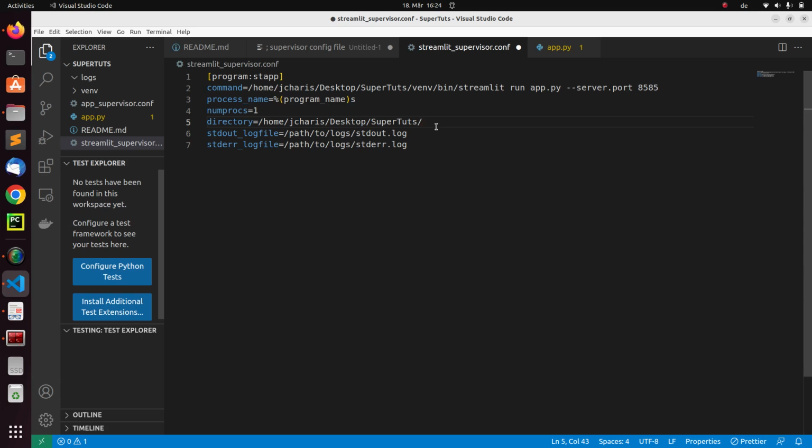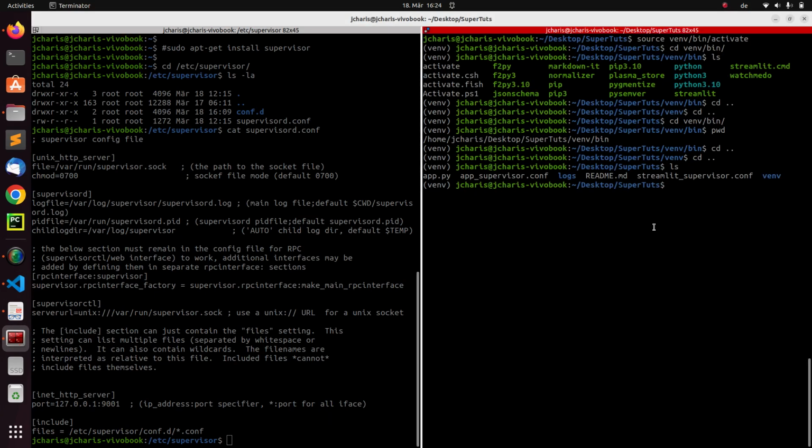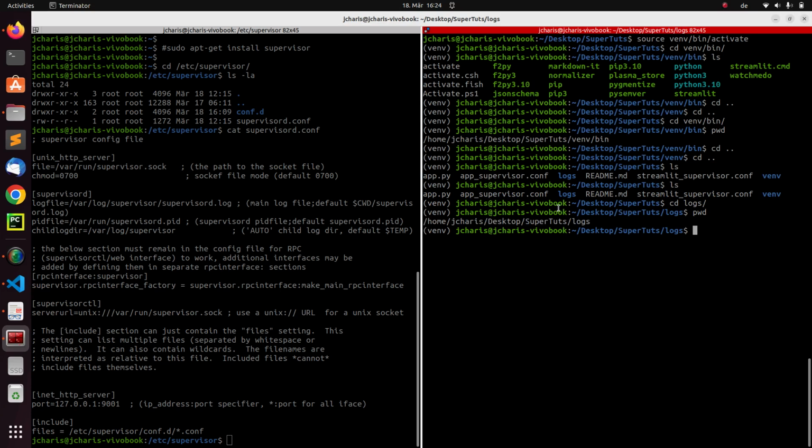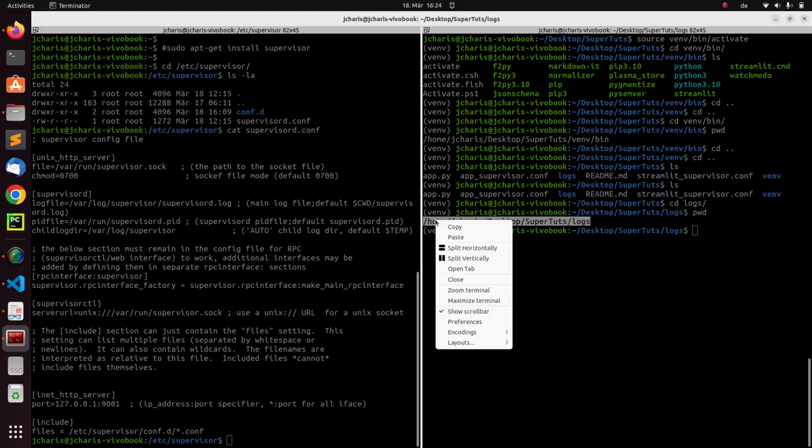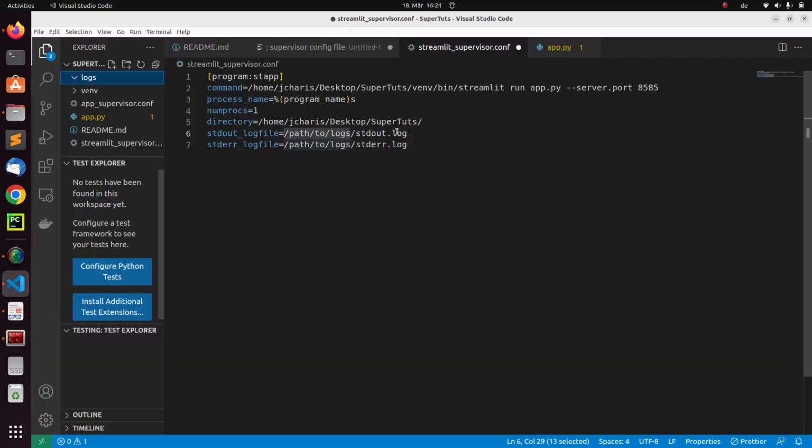Perfect. Then the next thing we need is the standard out. You always have to keep logs, so I have to create a path to my log file, a path to my standard error file. So I'll go back to this place. I've already created a folder called logs, right? And that is where it's going to be. So this logs folder can be anywhere, but in my case it is inside my logs. So pwd, and I'm going to pick this particular path, copy, come back here, and then I'm going to put it here. So this is going to be my standard out, and then this is going to be my